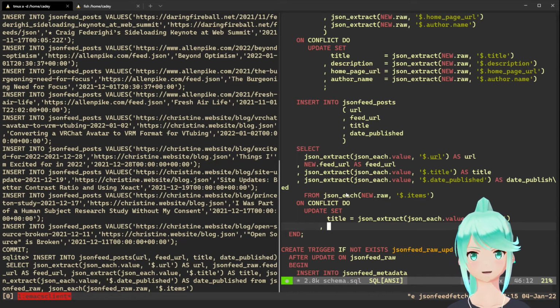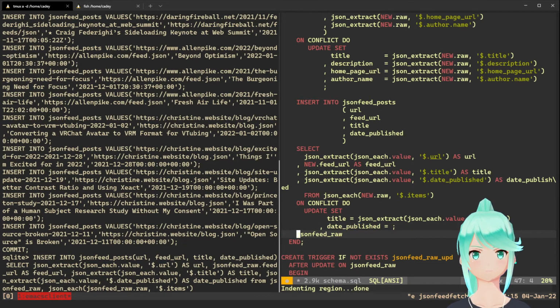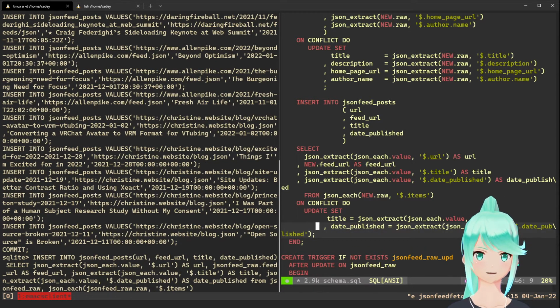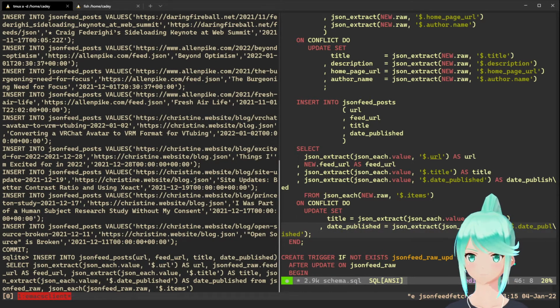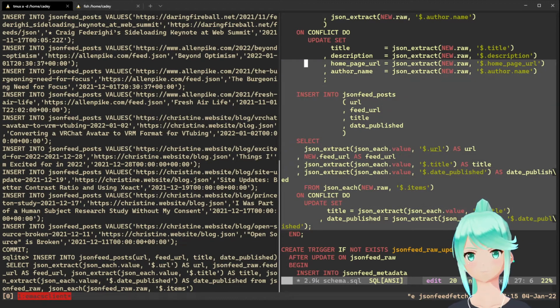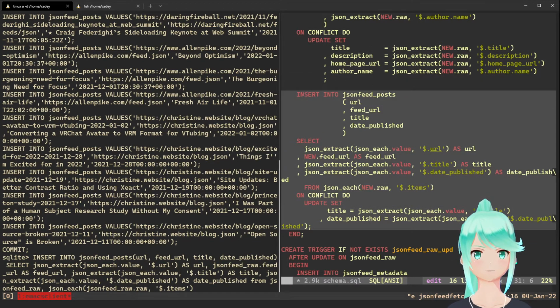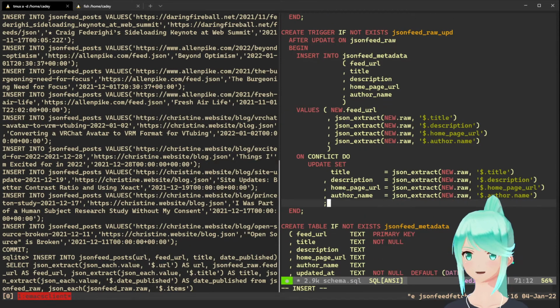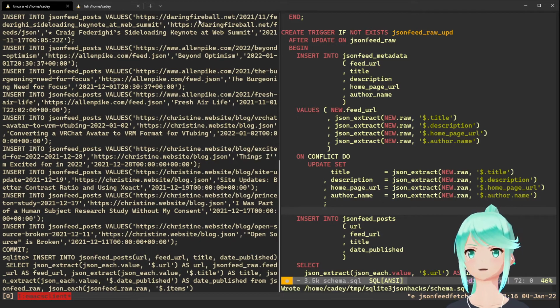Then we need to get the date published. Yeah. Oh my gosh, this is horrific. This is the good code. This is the best code. This is the absolute best code ever. You can't deny this. This is amazing code. Okay, so